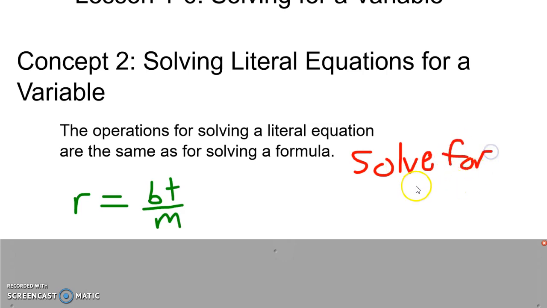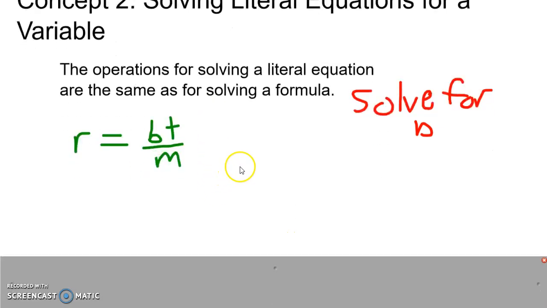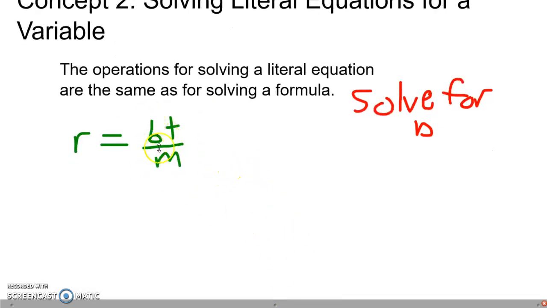let's solve for b. Okay, so if I'm going to solve for b, I am trying to isolate b, so I can look at this a couple different ways. I could either multiply by m to get rid of my division here and move it to the other side, and then divide by t and move it to the other side, or I could divide by t first, or